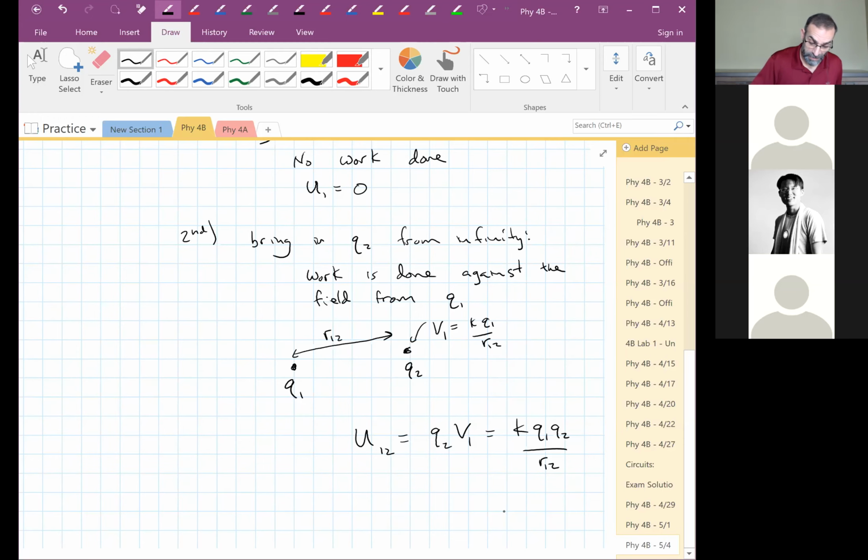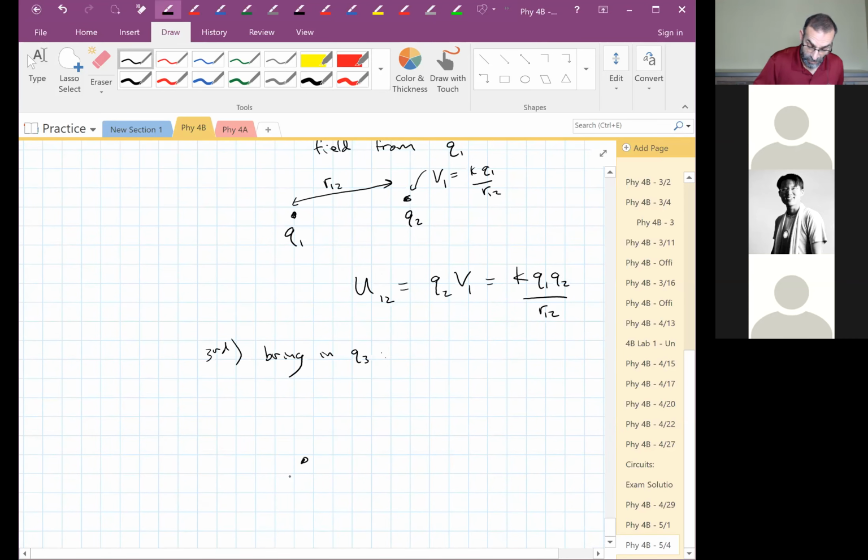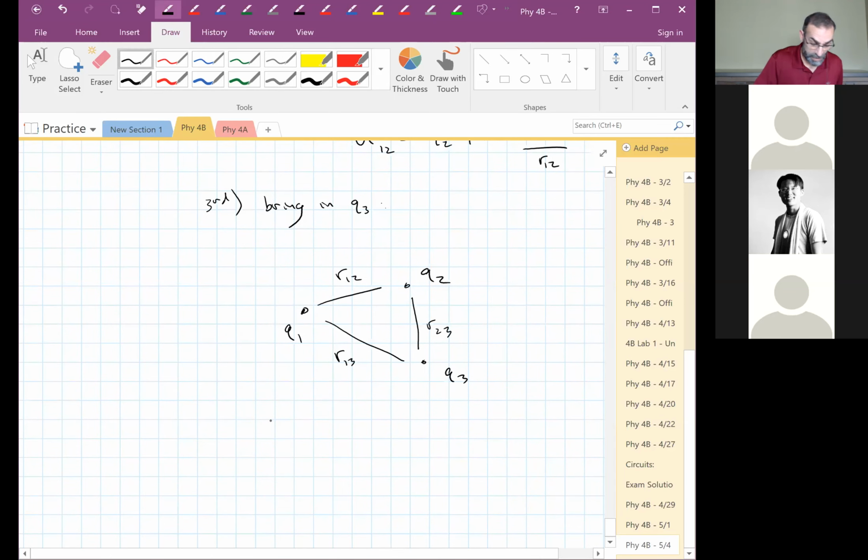Now, if we bring in the third charge, it's doing work against both the fields, right? So we have a Q1, we have a Q2, and now we have a Q3 over here. So this is R23, that's R12. This I'm going to call R13. So there's distances between them. And what is the potential energy? So I end up with